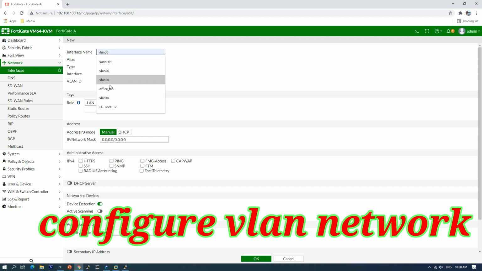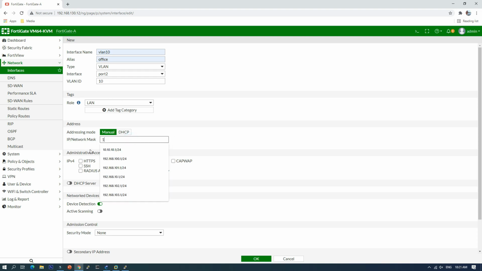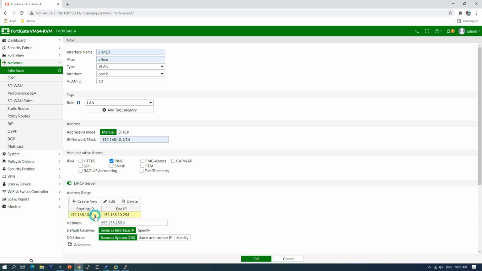Okay, so VLAN 10, I can say VLAN 10 is office, port number 2, VLAN ID 10, and then 192.168.10.1. Okay, allow ping and HTTP server. I can say start from 10.